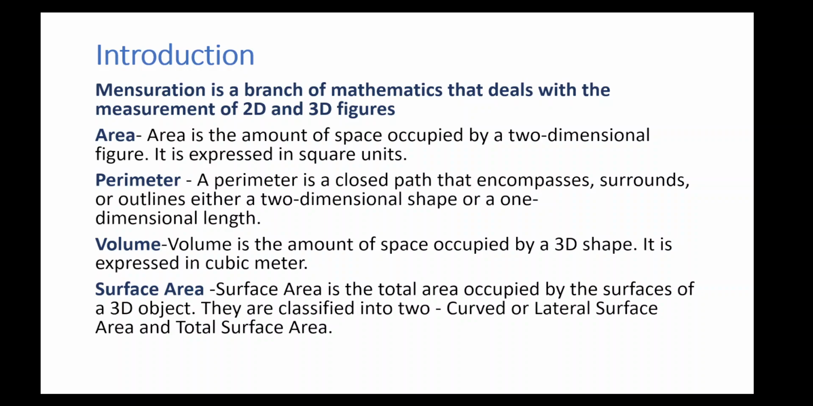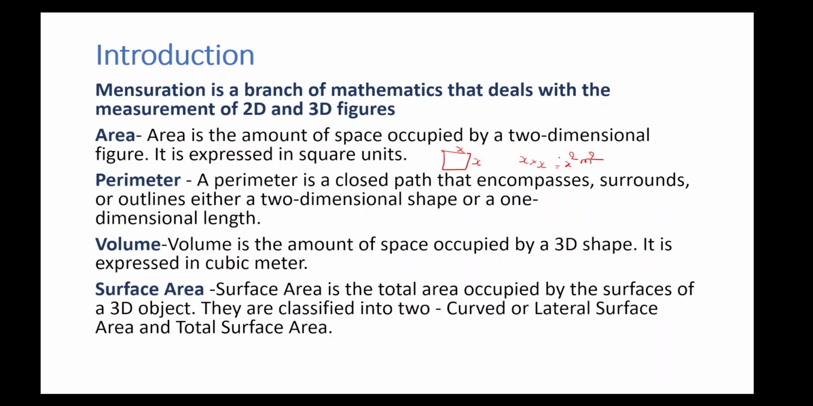area. Area is the amount of space occupied by a two-dimensional figure. For example, if we are considering a square here, this is two-dimensional. If each side of the square is x, then the area is x into x, x square, meter square. For example, if